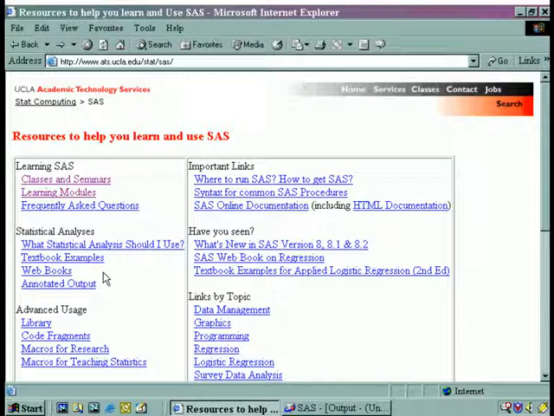We also have a web book in SAS that we wrote explaining how to do regression analysis in SAS. And when you are ready for it, there are library pages and code fragments. The library pages